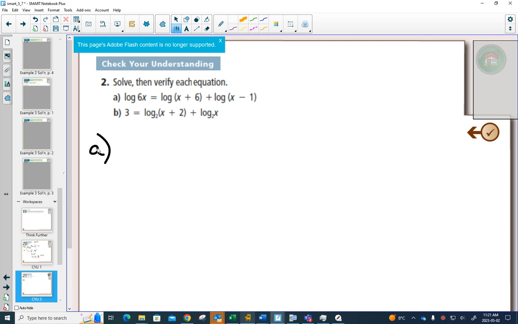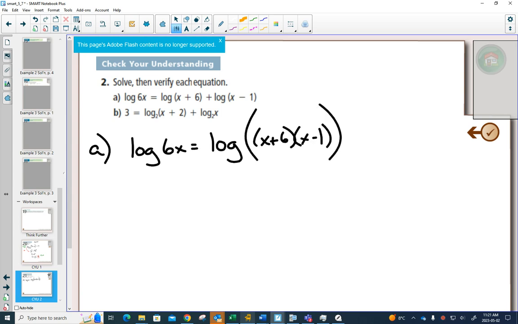In A, you're like, oh, it's a log equation. I need to combine as a single logarithm. And you notice that you're adding with the same base. Adding with the same base means that you can multiply inside the logarithm. And the shortcut happens in this situation where you have log on one side and log on the other side with the same base. It's very similar to a shortcut that we used when we solved exponential equations with the same base. We did this,